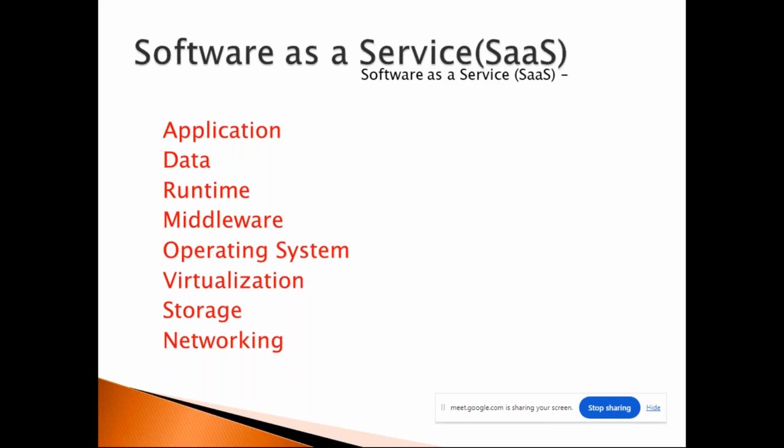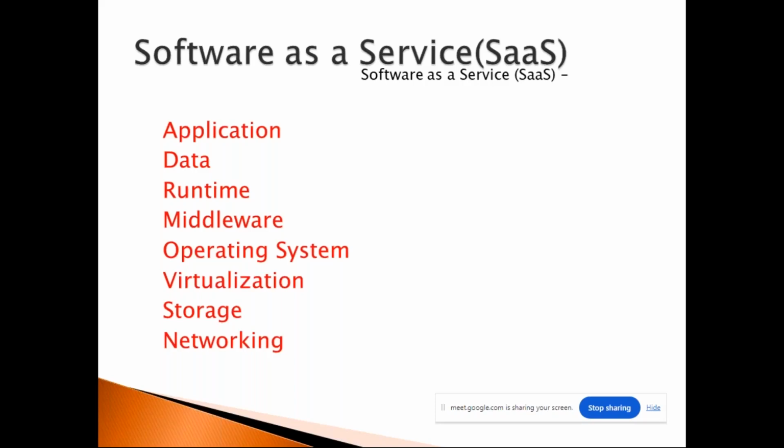So in real time, which one we are going to use depends upon the client requirement. The client says that I'm going to maintain my operating system. I have an operating system team, I have a database team, I have an application team. But I'm not going to purchase the hardware infrastructure. This infrastructure I'm going to take from the service provider. Then we'll go for infrastructure as a service.